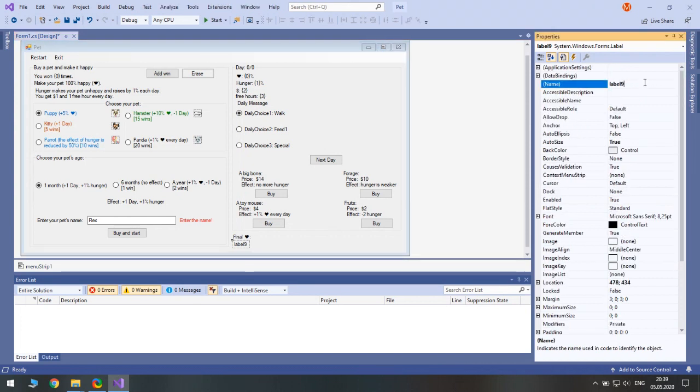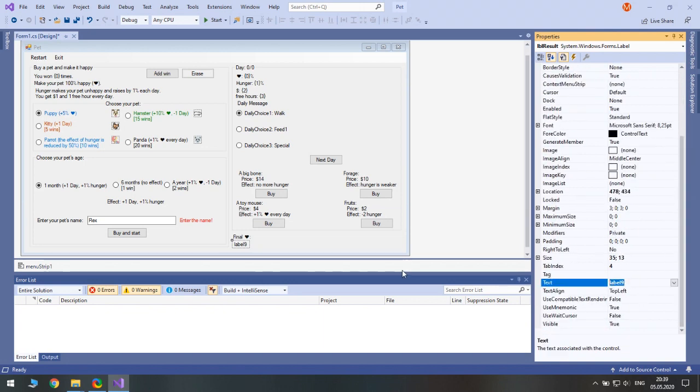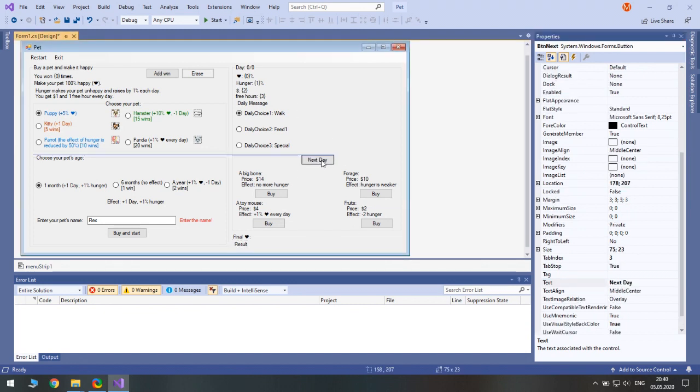So label result, and result. Again, set from code. We can make a warning about whether this is the last day, so if you have some money you should spend it.